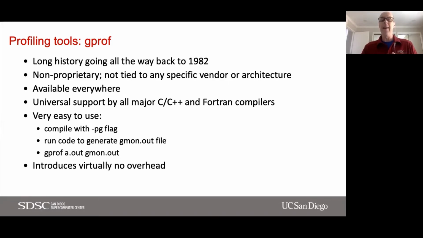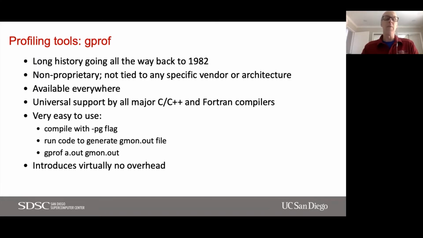It's not tied to any specific vendor or architecture, so you could use it on AMD, Intel, and probably ARM processors. You could pretty much use it everywhere. As far as I can tell, it has universal support by all of the major C, C++, and Fortran compilers. I know that gprof is available for Intel, the AMD Optimizing Compiler Collection, the GNU compilers, and Portland Group. So you'll find it everywhere.